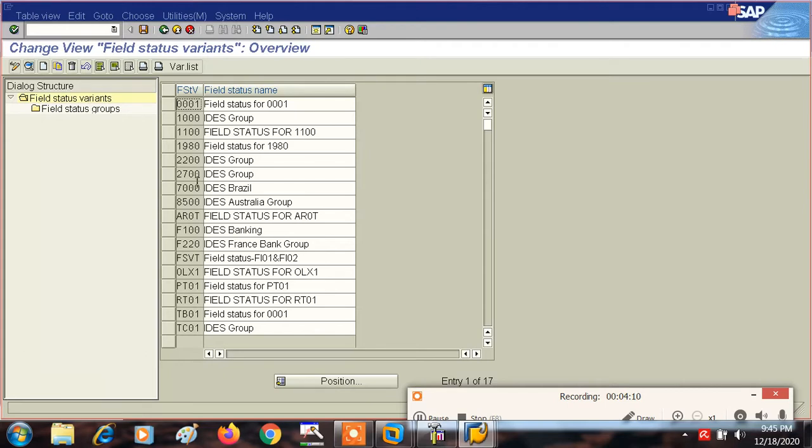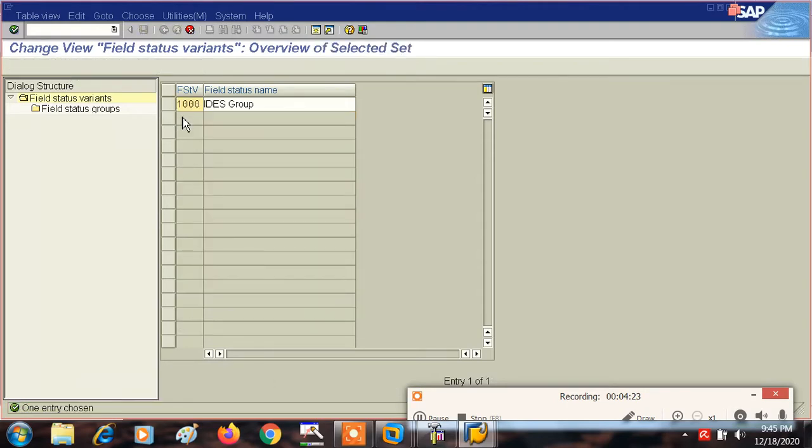So here you can see we will copy the standard 1000. We will copy this standard and here we can give any name. Suppose the name of our company code is TA01, so we can give TA01.